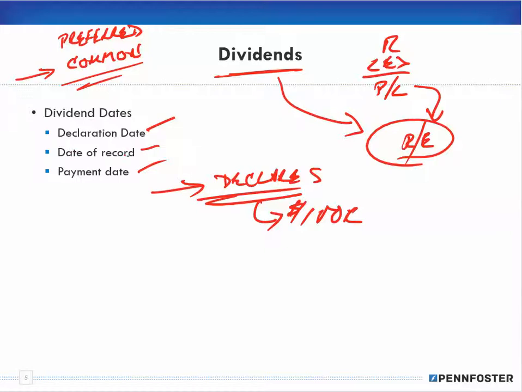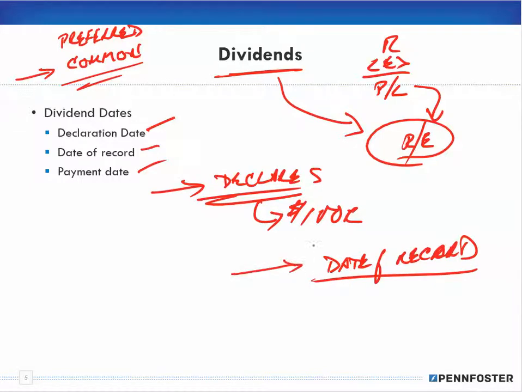The date of record is the date that anyone who is a shareholder, all right, on that date will get a share of that $100,000. Okay, and then of course the payment date is when it's actually paid out. Okay,